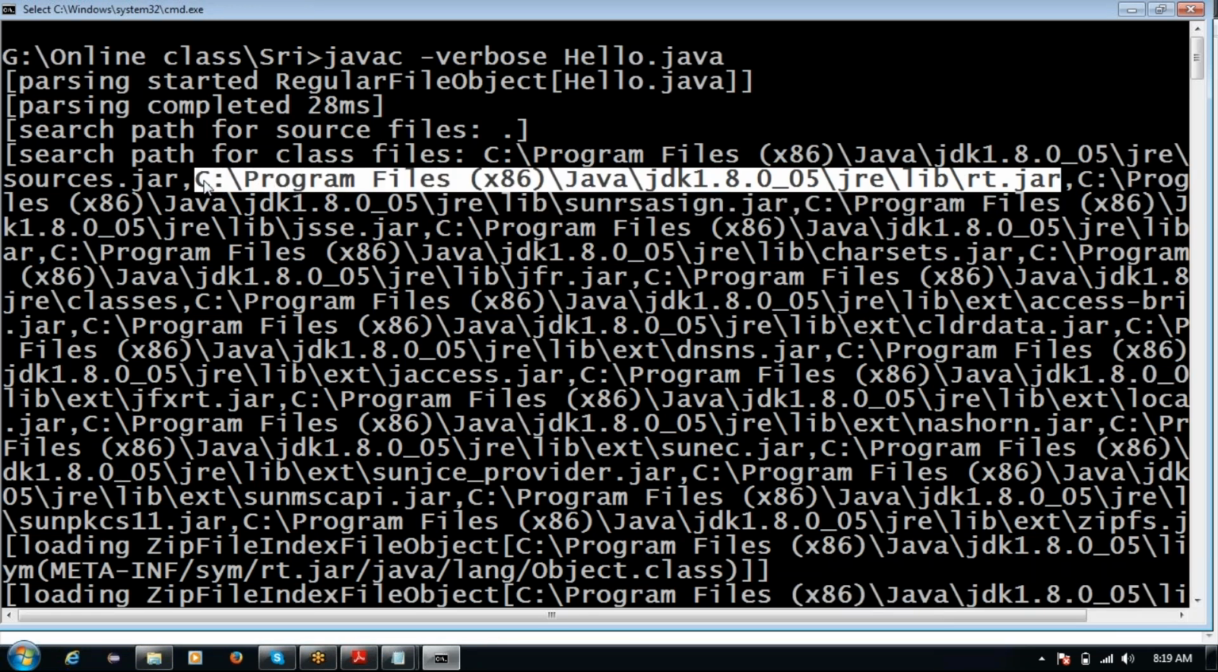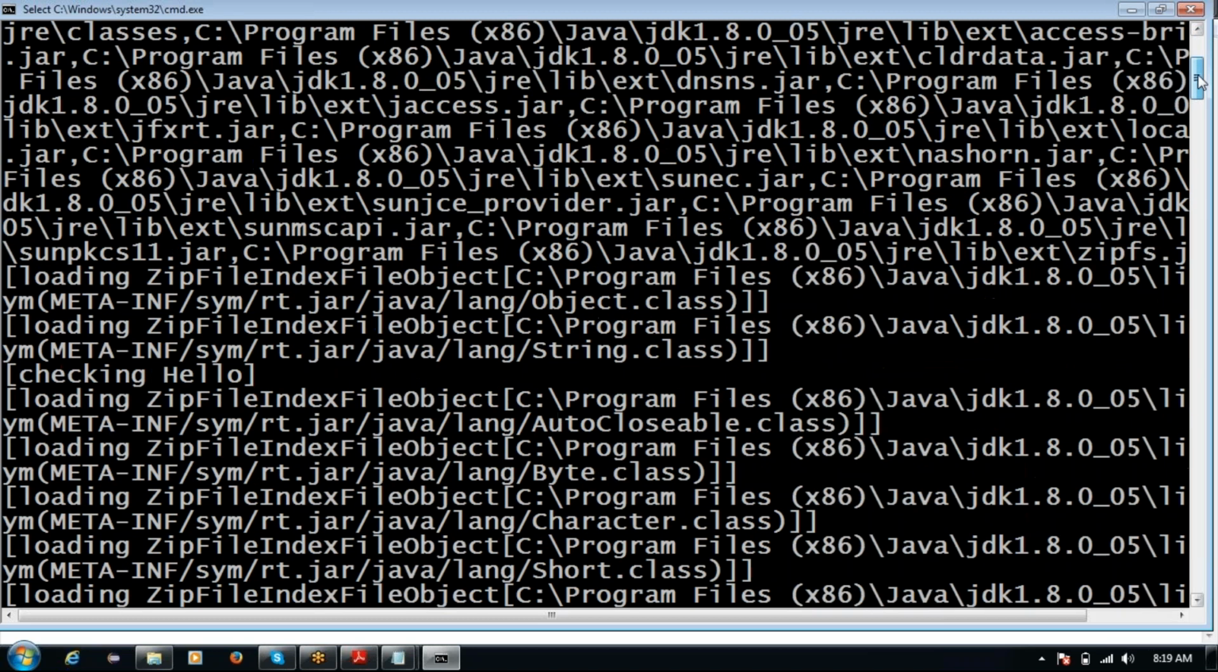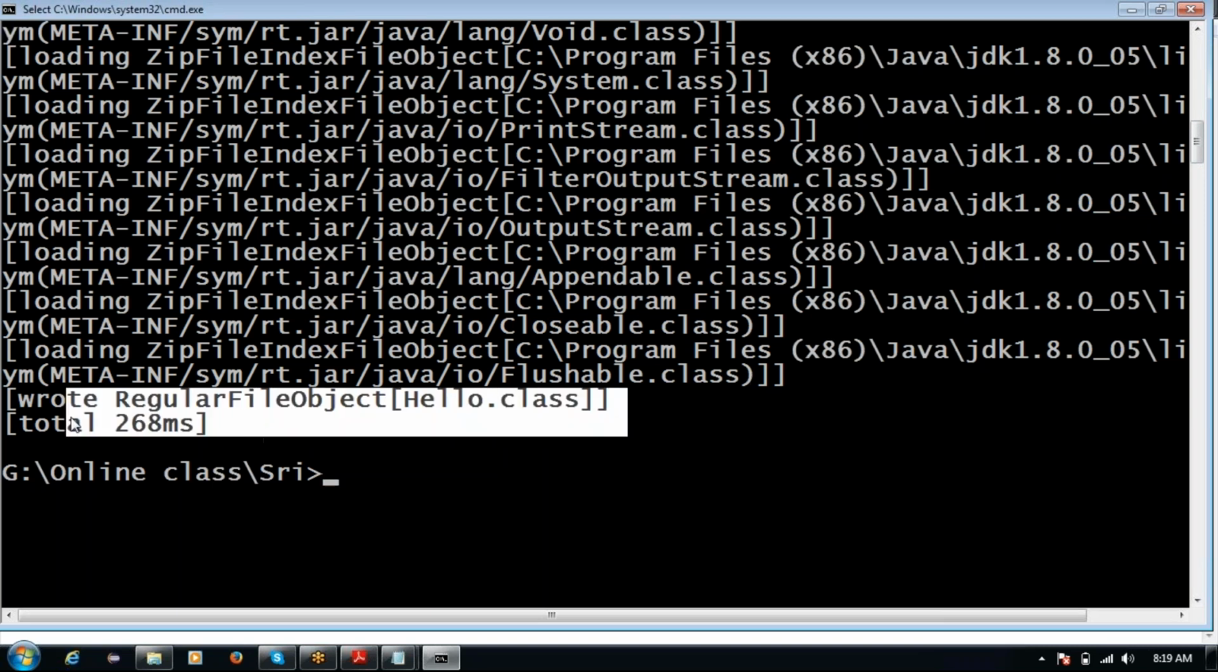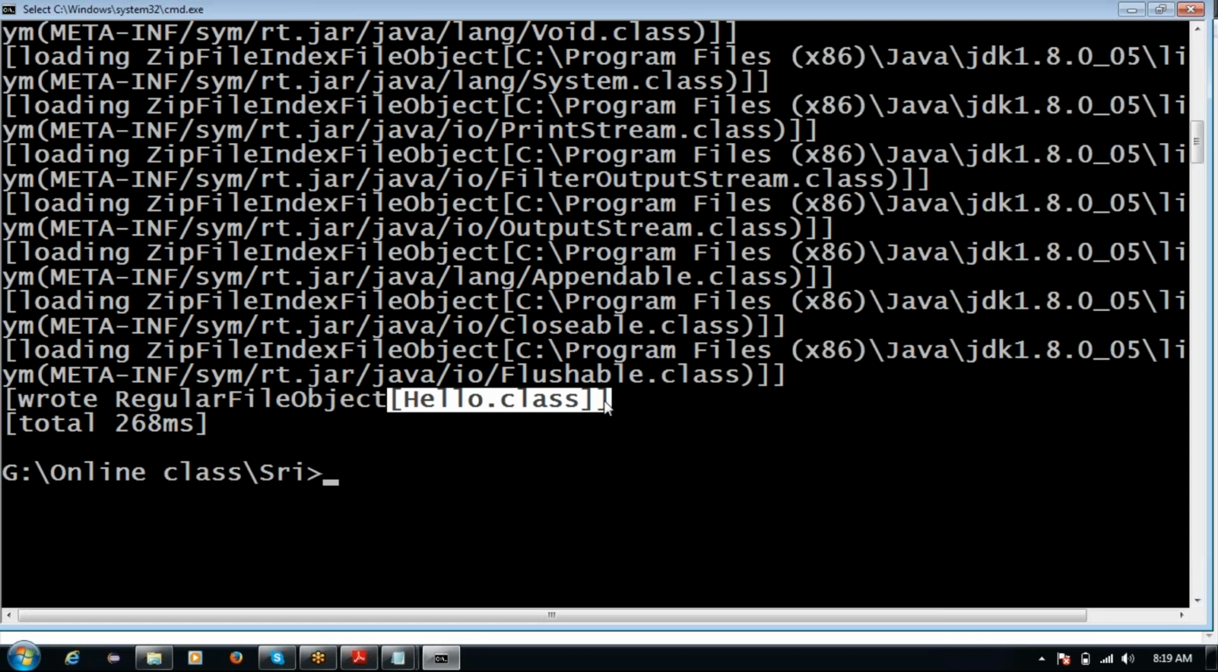Okay, which means that at every stage of the program we have some jar files which will be providing the supporting things to compile the program. And in the compilation of the program, all these things happen internally. After doing all these processes internally, it is going to generate some regular file. So what it is giving here, the root file object which is hello.class. Lastly, it is generating a .class file by the name of hello, and then the total time